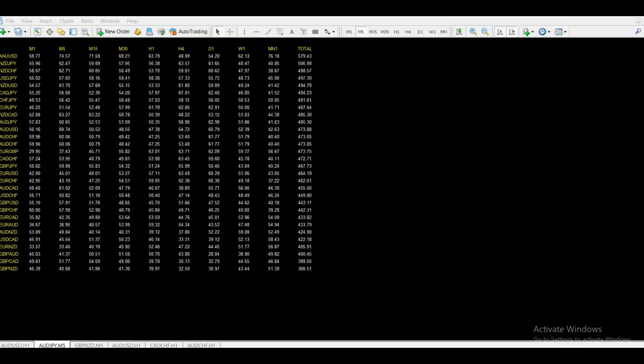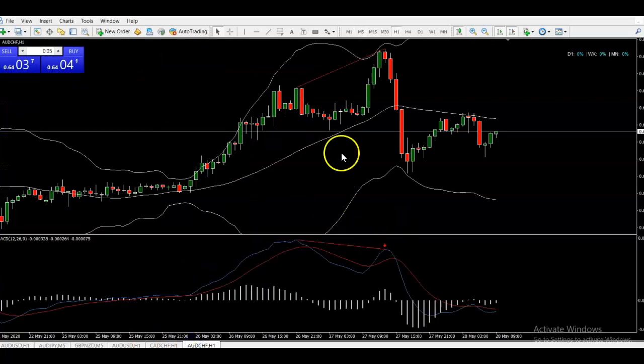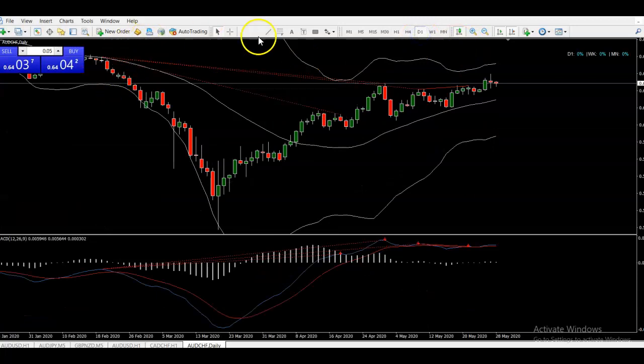So first off, let's just look at the two trades that I talked about yesterday. One was on the CAD Swiss franc and the other was on the Aussie Swiss franc. So we'll just open up the charts here. Yesterday, like I said, I was expecting a selling opportunity on Aussie Swiss franc, basically because we were up at